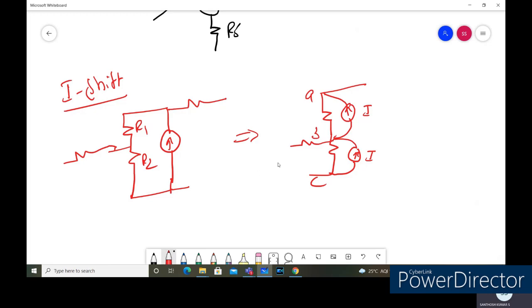So with this basic idea, in the next session, we'll look into performing the source transformation for different complicated circuits, where we can reduce the different complicated network into the